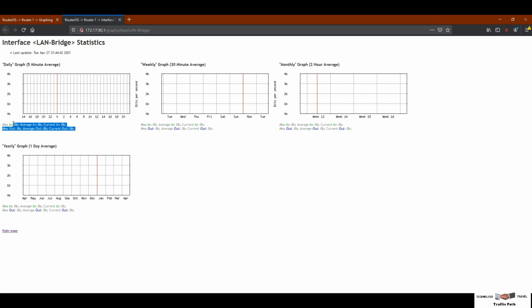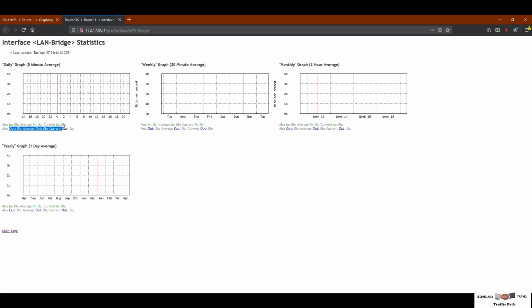One thing you should know, when you are in LAN and you want to see your LAN graph, you can see two colors of graphs generated, one in green and one in blue.